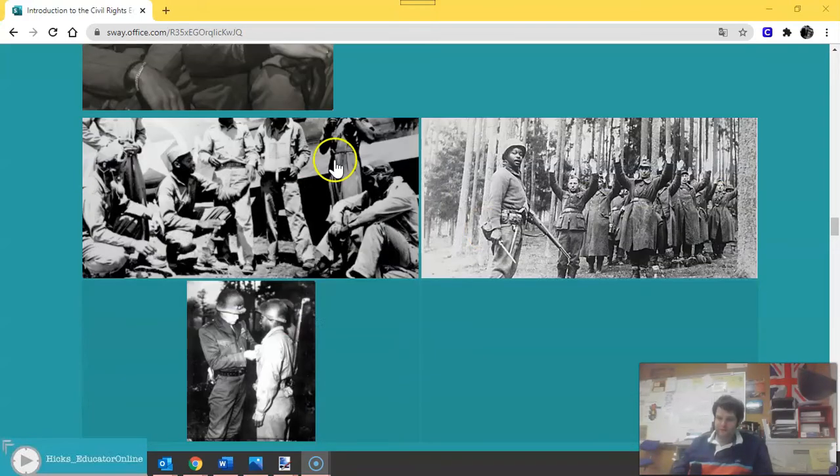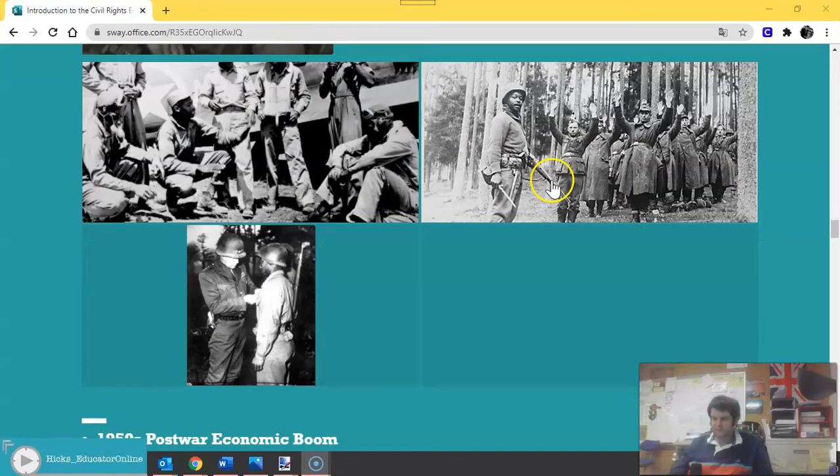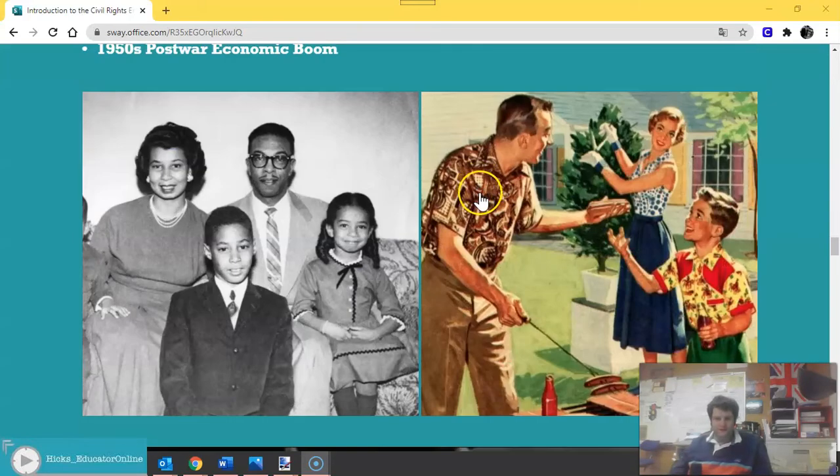The other big reason, these are just some fun pictures. A lot of surrendered Germans, I believe, in that picture. The other reason